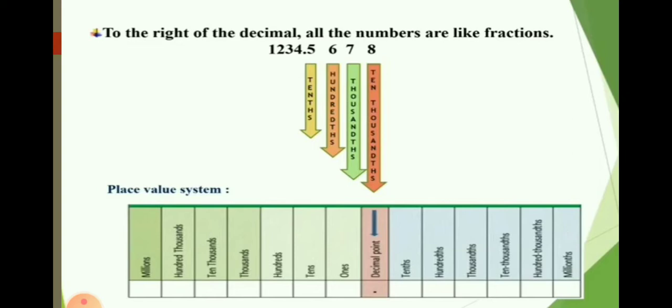One thing more, after decimal, the place value starts with tens, hundreds, thousands, 10,000s, and so it continues like this. Then again you can see 100,000s, then millions. So the numbers after decimal are 5, 6, 7, 8 and they represent their place value accordingly. Like 5 tenths if I say, then it means 5 by 10. If I say 6 hundredths, then it means 6 by 100 or 0.06. Similarly, we will do for other numbers too.